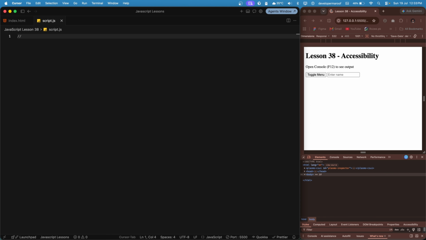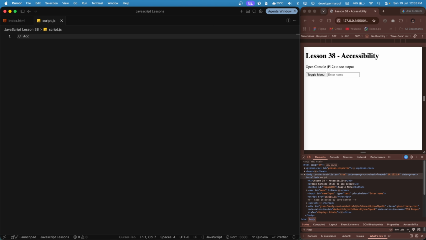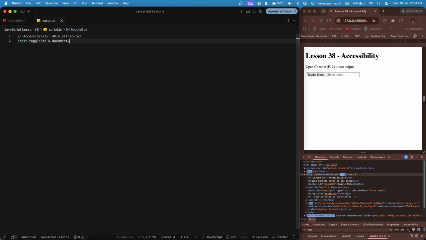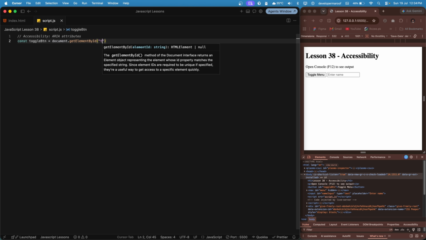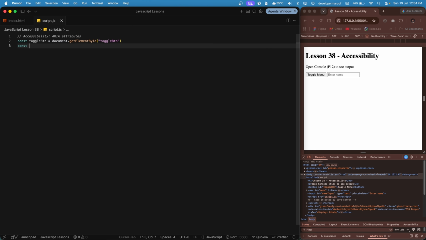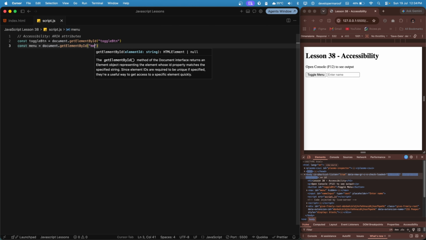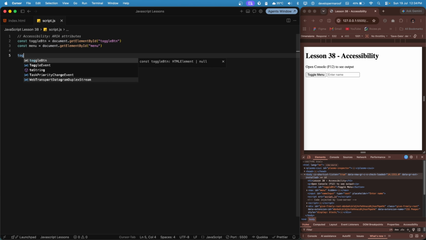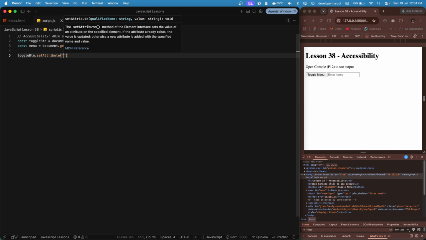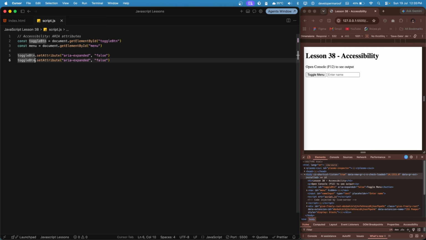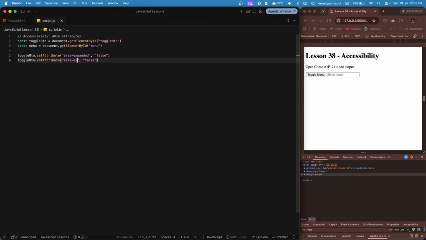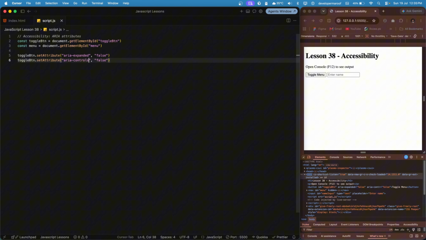The first thing we will learn is ARIA attributes. Let's add a comment, accessibility ARIA attributes, and let's get our toggle button equals document.getElementById, toggle btn, and our second one is menu equals document.getElementById, and its ID is menu. These are the two elements. Then we have toggleBtn.setAttribute and add aria-expanded, comma, its value will be false. And then on our toggle btn we will add another ARIA attribute, which is aria-controls, which will be equal to